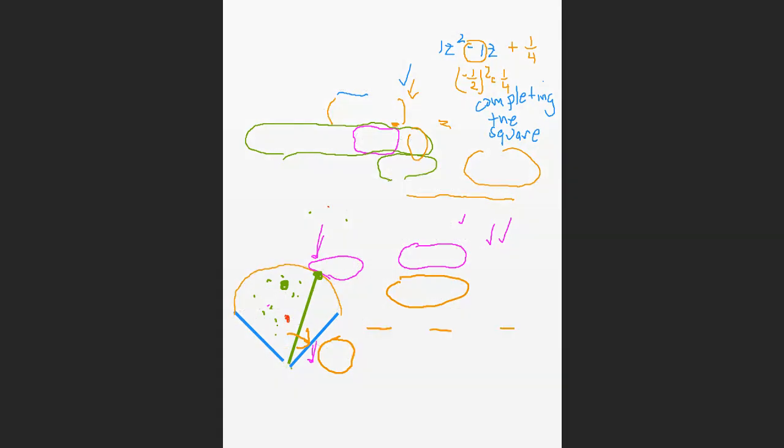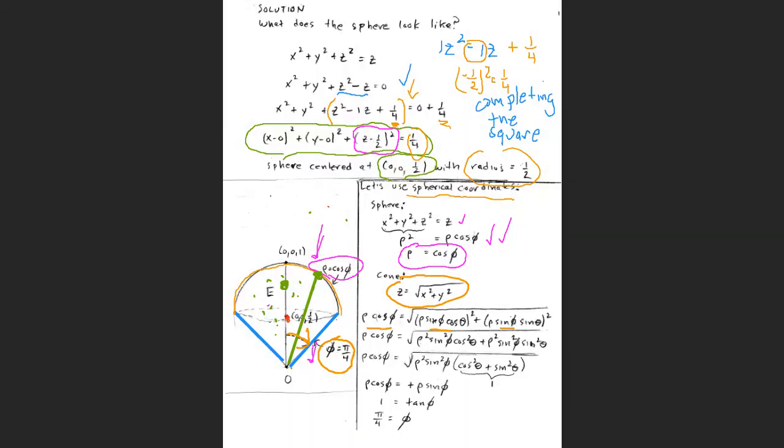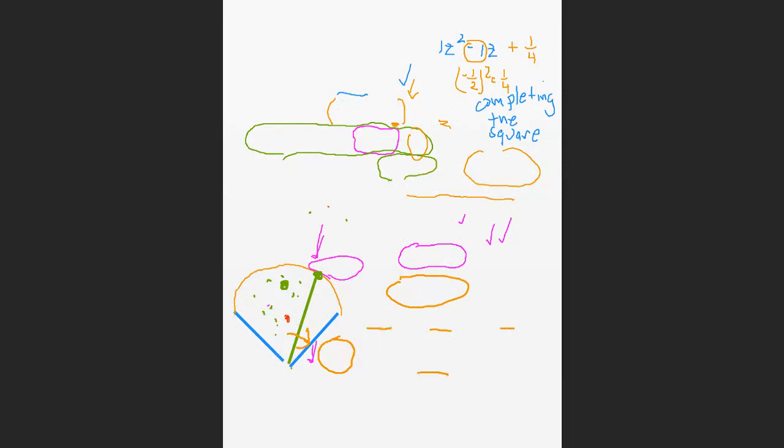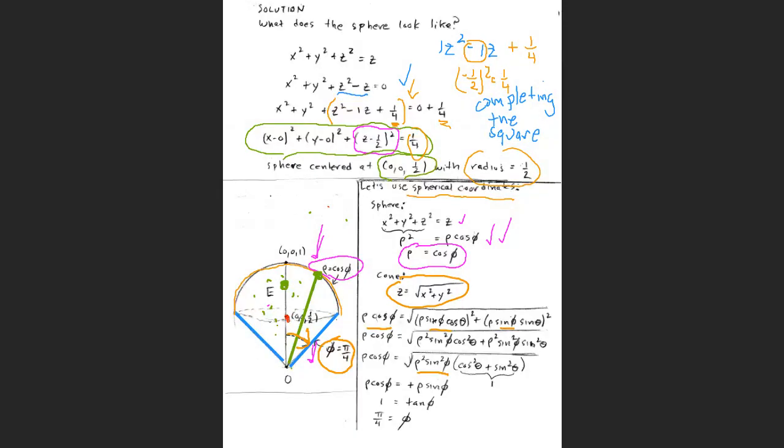And I do a little bit of mathematics. I factor out the rho squared sine squared phi, common to both terms under the square root, and I end up getting rho cosine phi equals rho sine of phi. That's what I end up getting. Please let me know if you have any questions. I tried to put a lot of detail in the work here. But if I take rho cosine of phi, and it equals rho sine of phi,